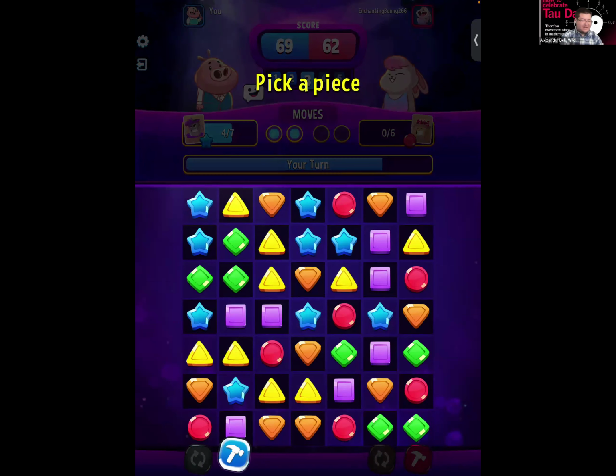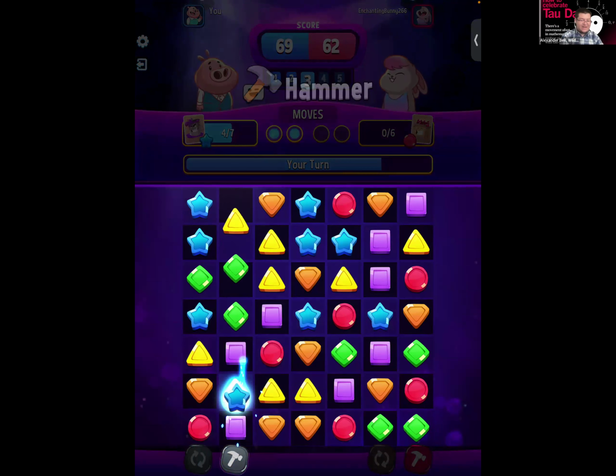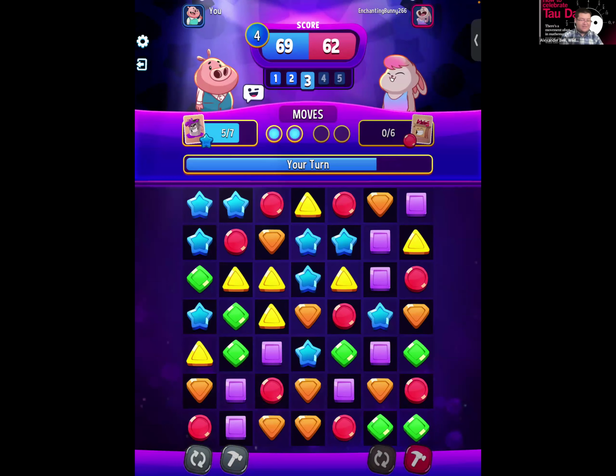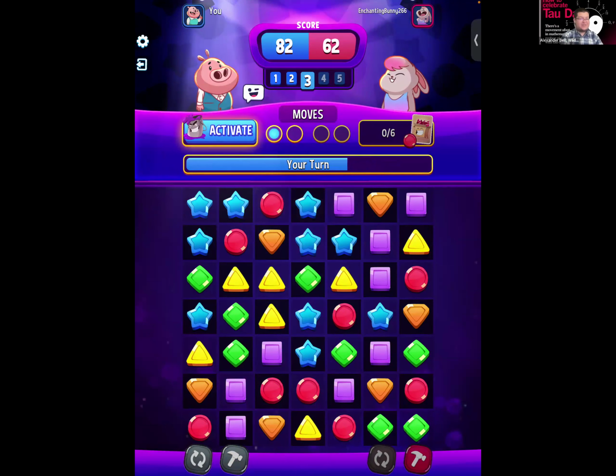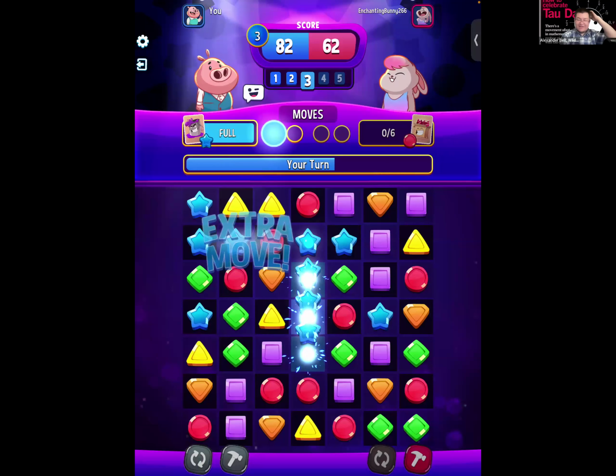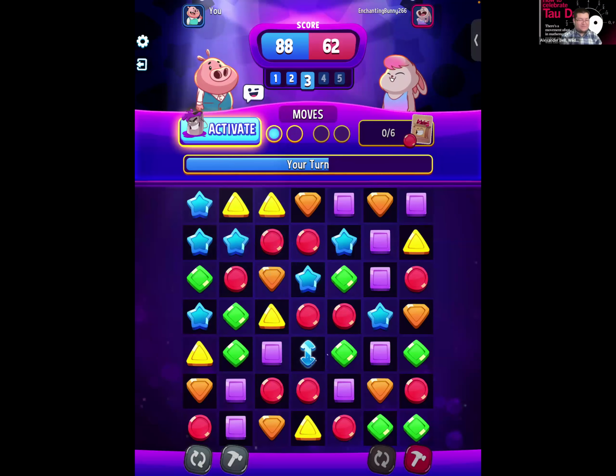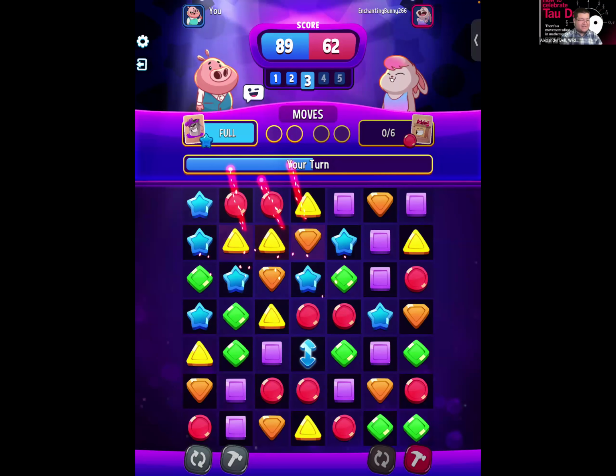Here's what I can do. I can get rid of this 1 tile and just again switch up the board if I want to. And let me make a blue so I can use this power up next turn. Or this turn if I can. I will, no, look, I can make a 4, I can make an extra move. And it's just fun seeing the different options that she may have.